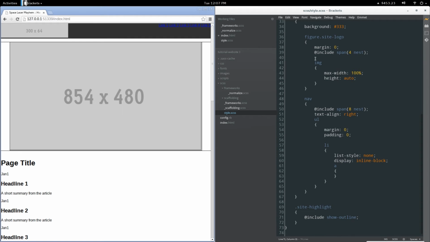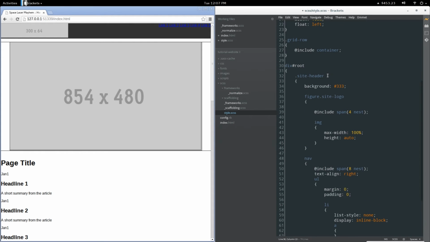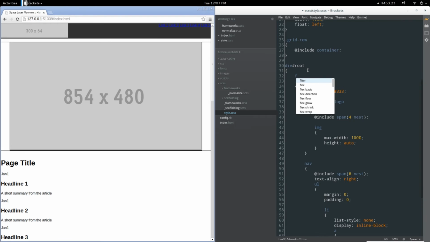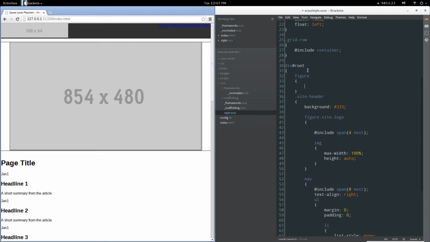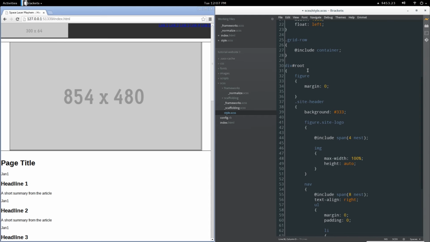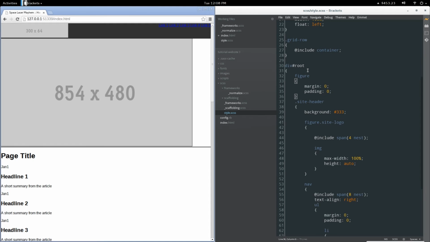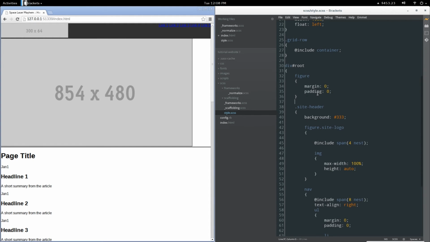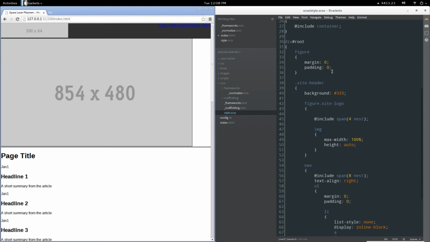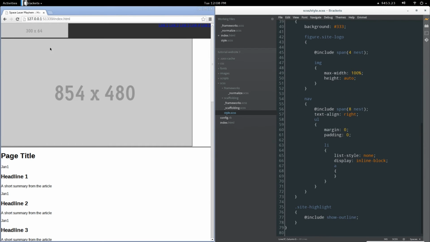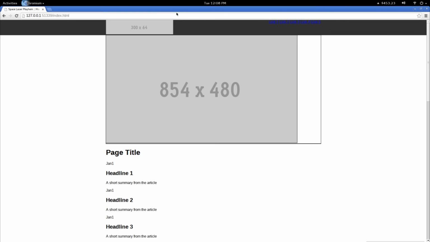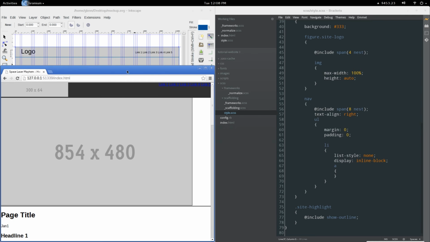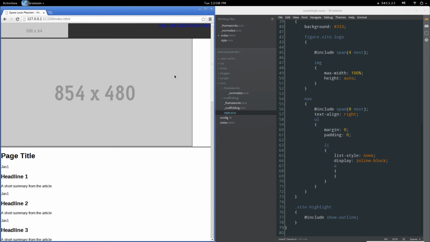And again, the figure, we have a margin of 0 set on that. Let's actually set this for any figure within the root with an override there, and we'll go ahead and set padding on those to 0 as well. And that's something that will likely change when we go to refactor and clean up this style sheet a bit. But now we can see that our figure is over on the left of the actual container, and that's not exactly what we want,